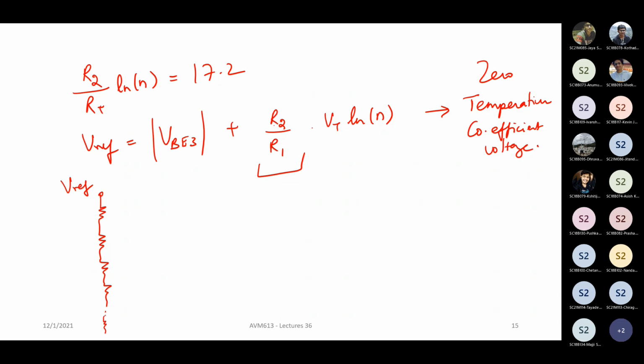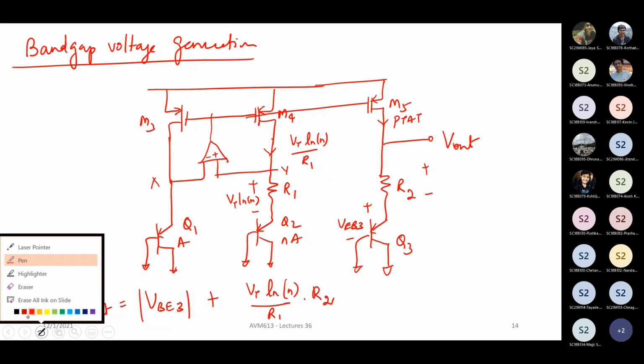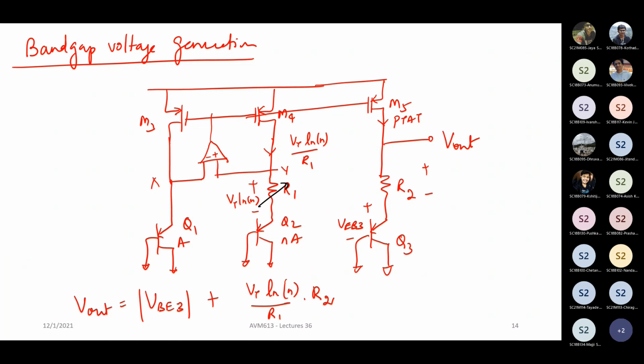But in practice, if you go to the industry, they will have a calibration routine where R1 and R2 will be tunable. Tunable meaning R1 will be implemented as a parallel combination of multiple resistors with switches. Okay, so you will do a calibration routine the first time. Sometimes it is called factory calibration, that is once and for all, you do it once and then you leave it. Sometimes every time you turn on, you calibrate. That's a choice that every design team will make.